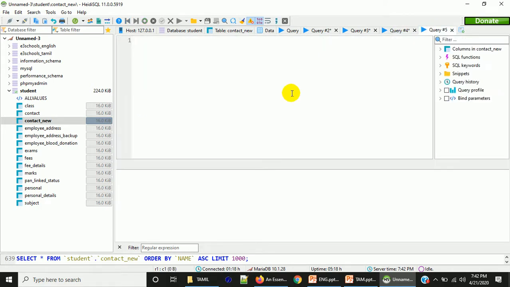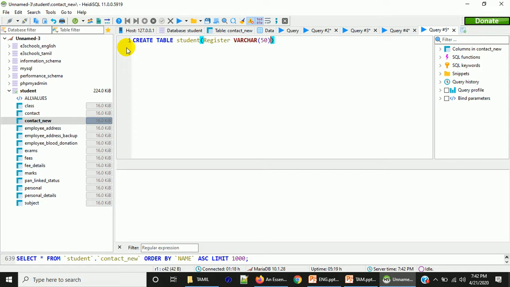So to demonstrate the concept of foreign key, we are going to create two tables now. Create table student, register, 50.